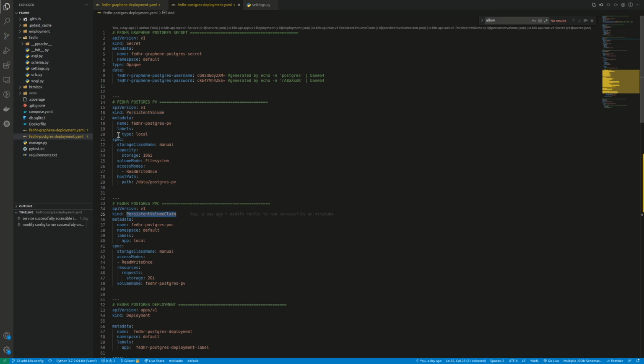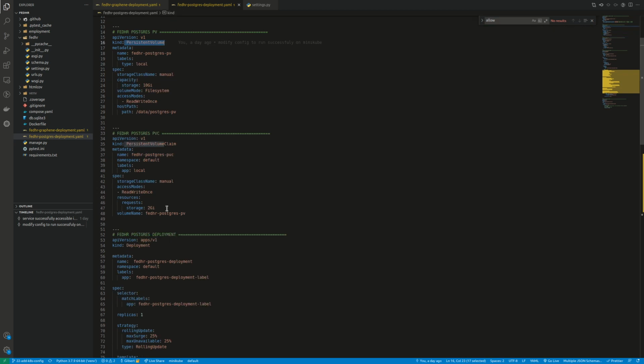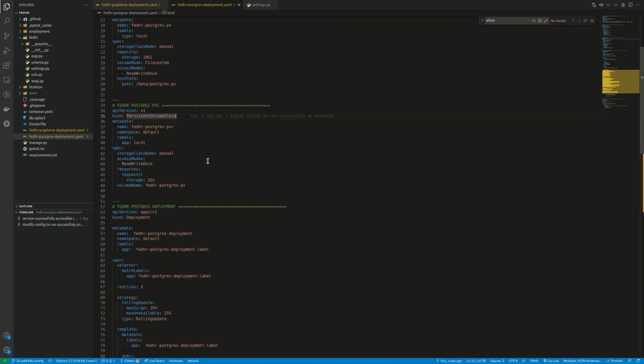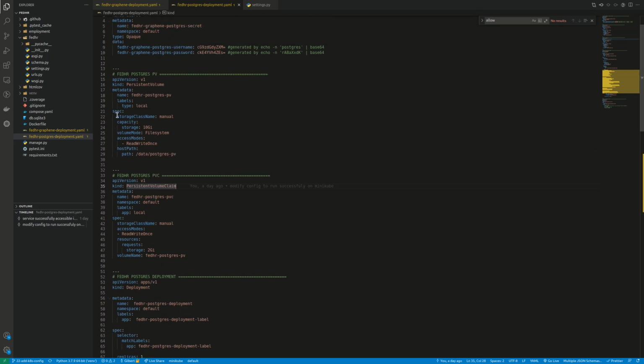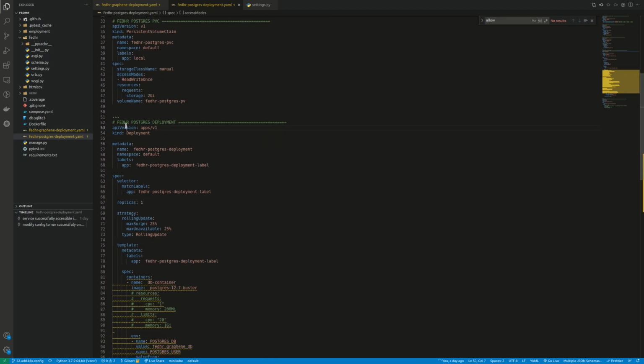But it takes the same kind of approach: a metadata section and the specification, and of course what we are defining here is specific to persistent volume, and here it is specific to persistent volume claim. I would spend a lot of time going through each of these, but the documentation is all there. Because of the Kubernetes templates I installed, it's all given if I double click, so no need to worry. So the deployment takes the same structure,